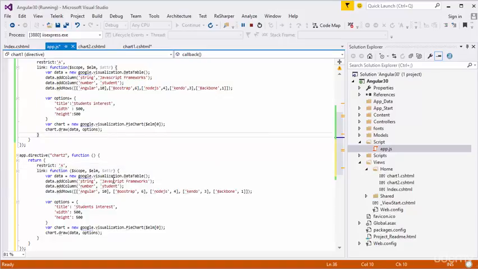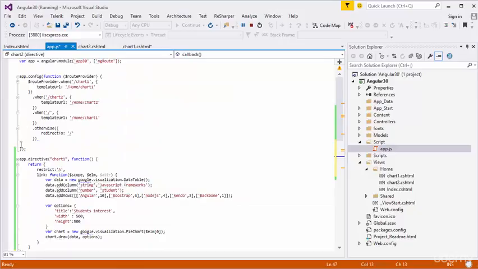And for that I'm going to use an Angular factory to retrieve the data from the backend. I'll remove this data column and